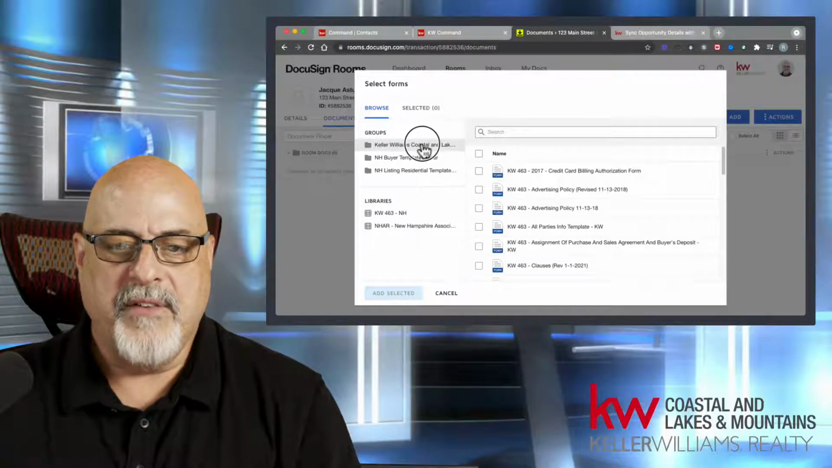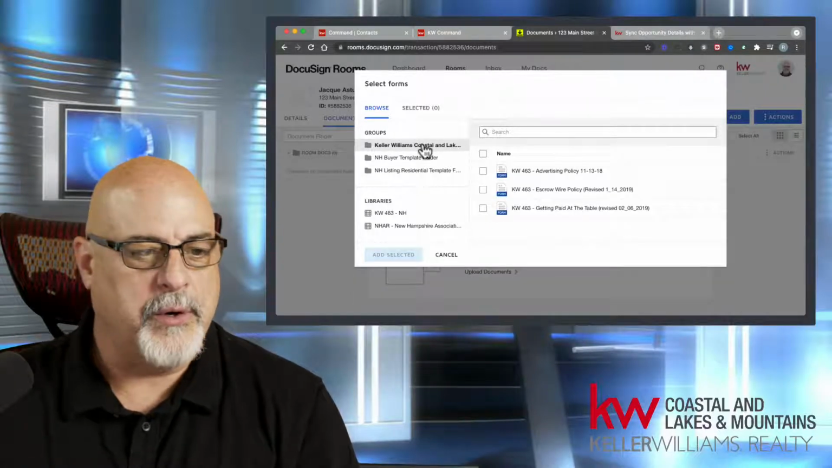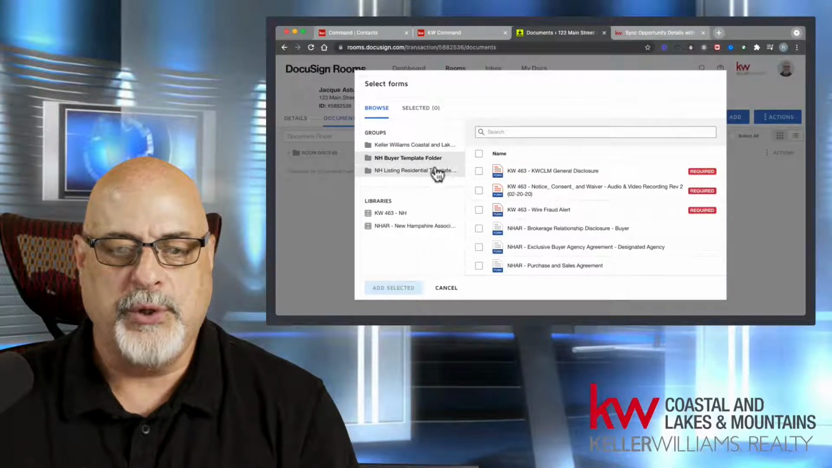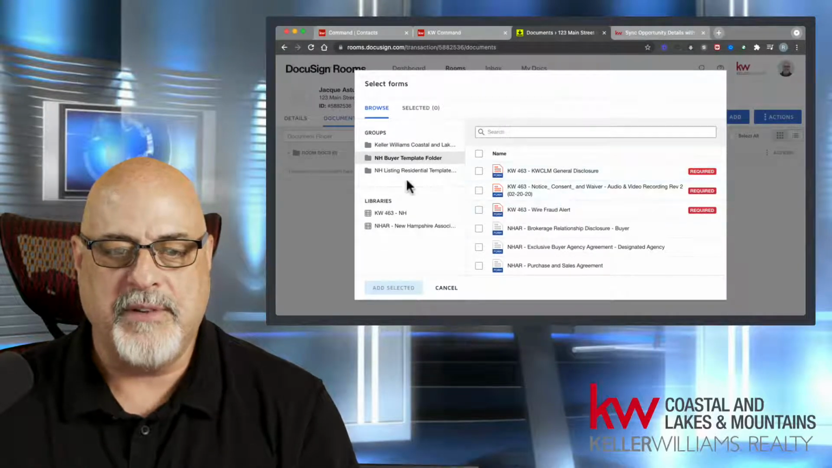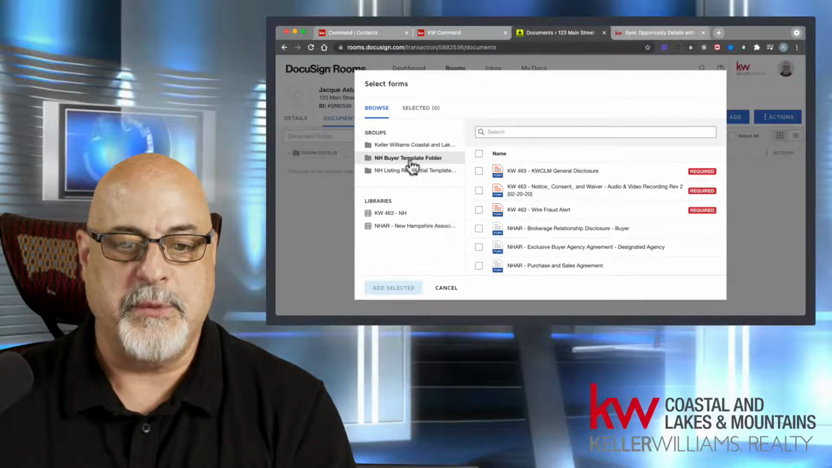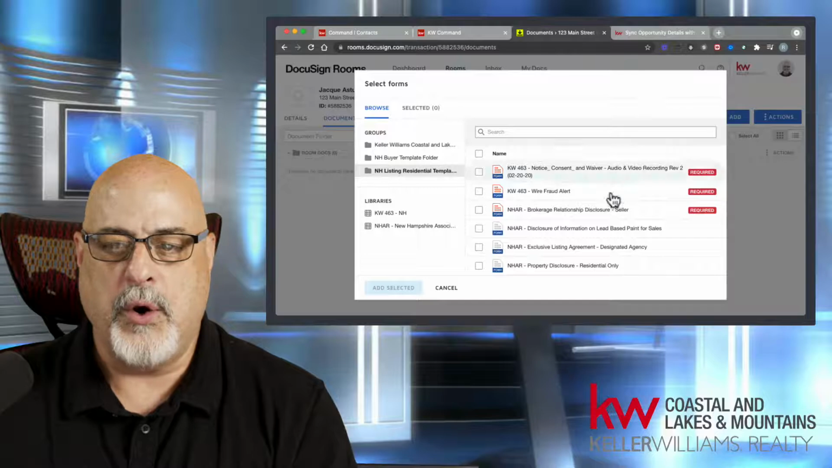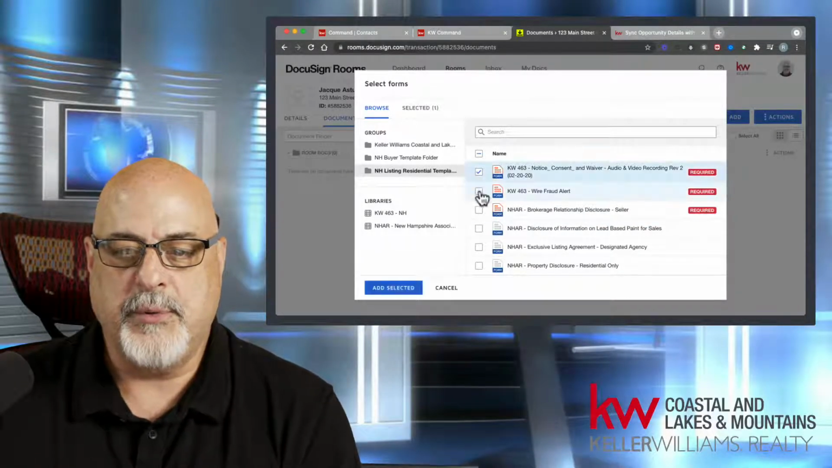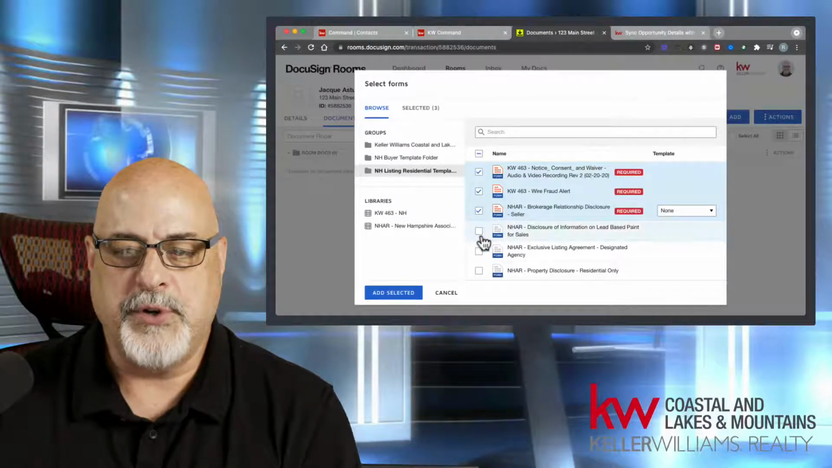So we have our Coastal Lakes and Mountains group over here. We have our New Hampshire buyer template folder, which, by the way, has marked forms that are required if it's a buyer. If it's a listing, there are also required forms that you will need to bring in. And so let's go ahead and bring in the 3 of these here and just start off by bringing those